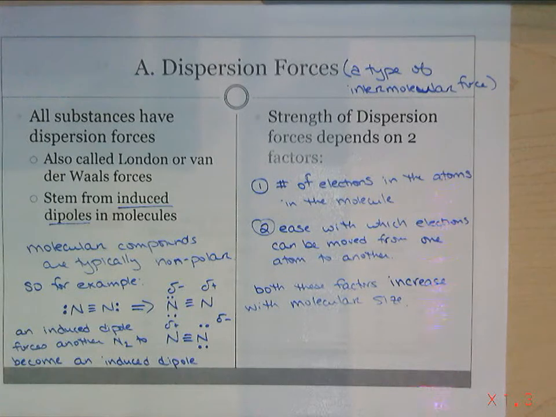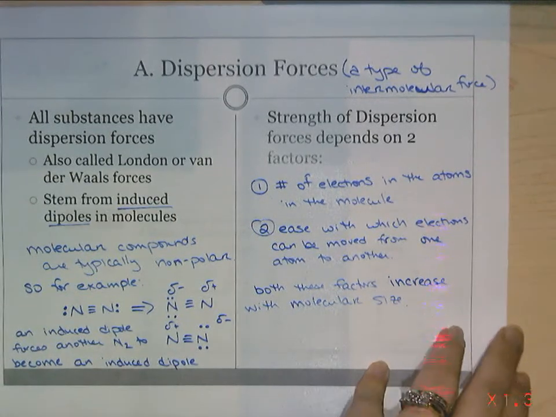How do you feel about dispersion forces? Fairly confident? Questions on this so far? Starting off with a little bit of review. Alright. In that case, let's take a look at